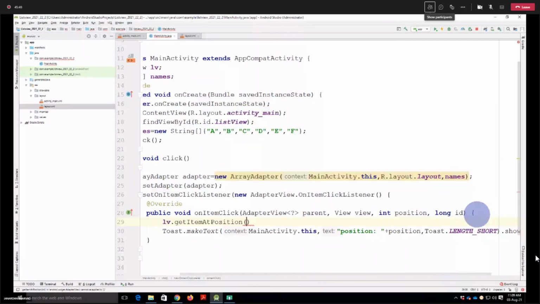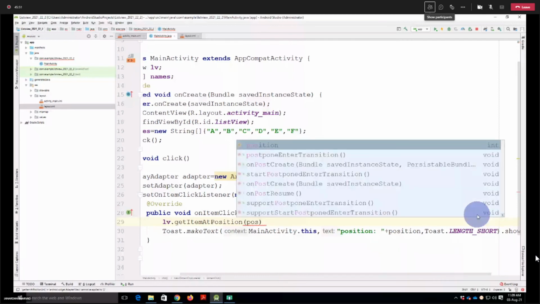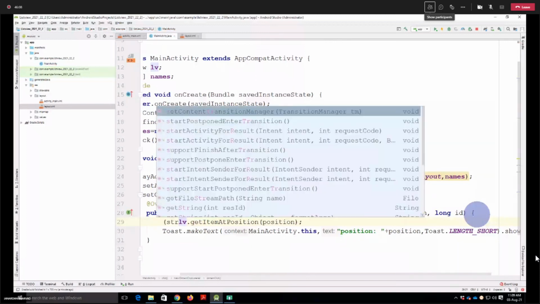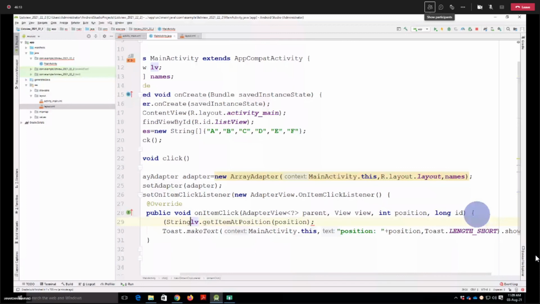Now the thing is that this method, getItemAtPosition, returns an object, but we don't want the object, we need to convert it into a string, so that's why we need to typecast it to String. And I'm storing that thing, that is the item name, into one variable which is str, and then you can print the variable here.